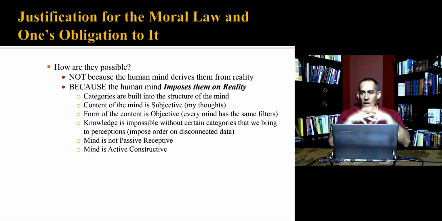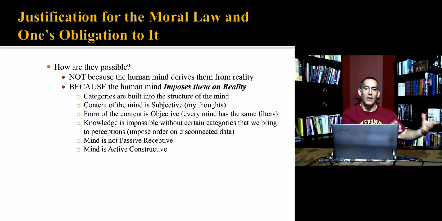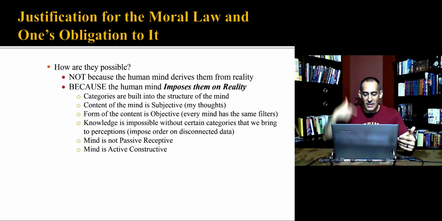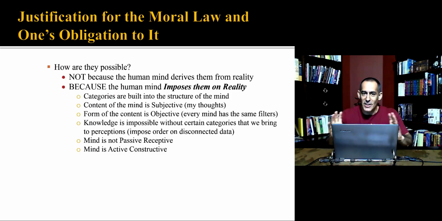Okay, and the mind is not just something that receives data. It's not a passive thing. For Kant, the mind is an active, constructive mechanism. So the sausage grinder analogy: you put in certain percepts and they run through the gears of the machine, and out the other end comes something that has been given form. That's kind of the idea of the Kantian process, how we know. What we know is actually the product of our minds, not something exterior to it. And I might need to go back into that a little bit later because, like I said, Kant's philosophy gets very complicated.